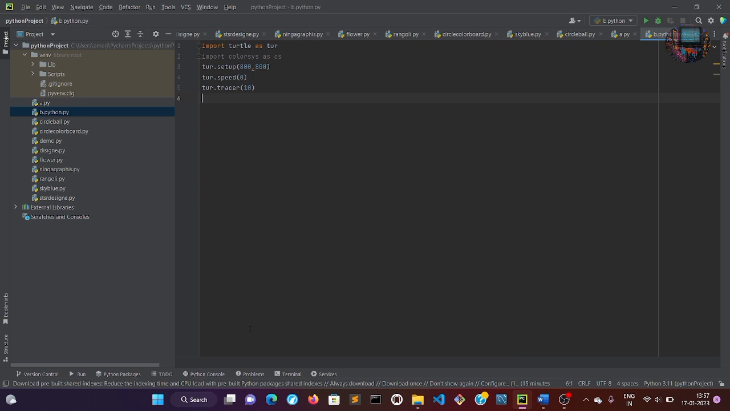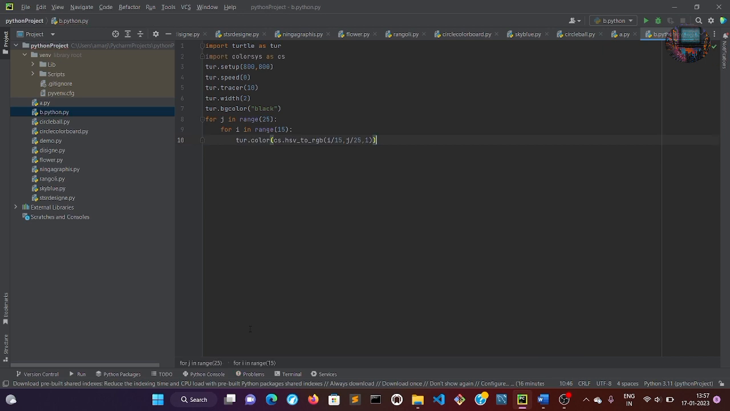Then bg color, and here a for loop, rotate for loop, and again I take a for loop. So when I take the for loop, and here color and